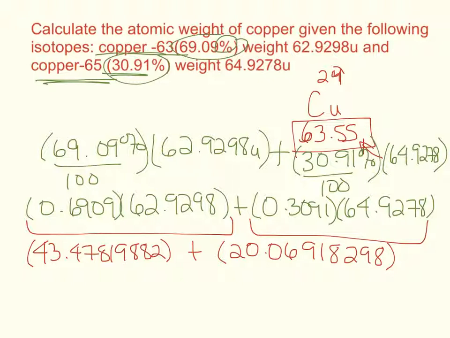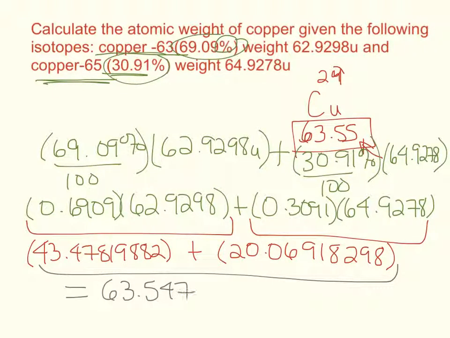And now we're going to just add these two together, and 43.478198882 plus that gives us a total of 63.5473818. And if we're going to consider significant digits, typically we only have 2 decimal places, because as we move into these decimal places here, it becomes less accurate. So our final answer will be